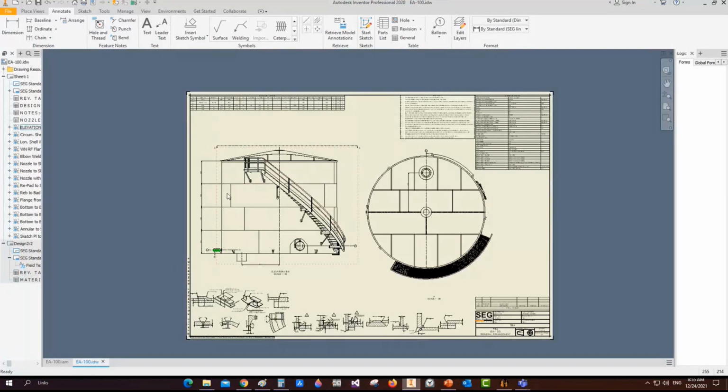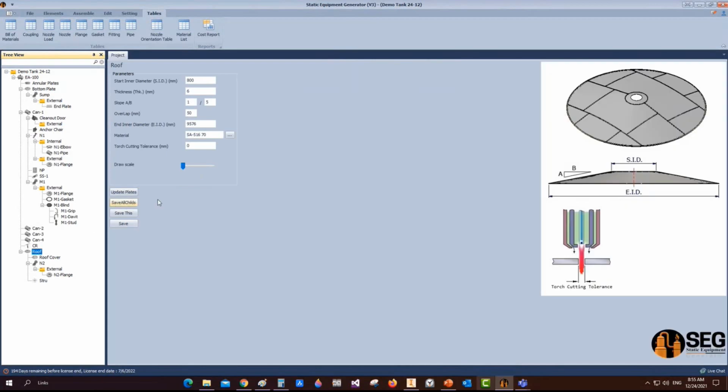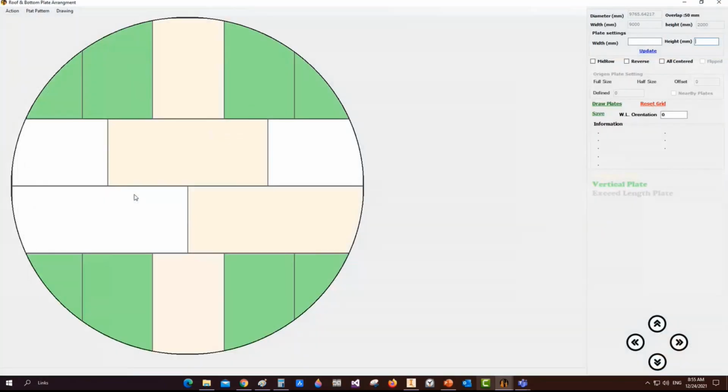a detailed drawing, and we could add more details more than that. But right now, let's get the roof plate arrangement. From here, let's open the updated plates for this one. And from here, let's create the flat pattern for this roof. As you can figure, this conical shape,